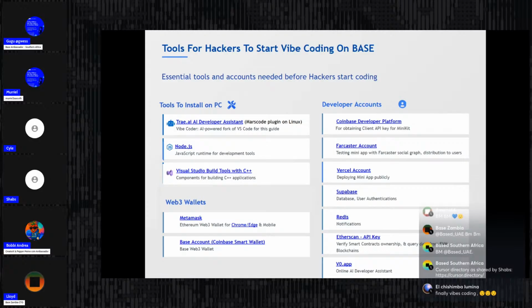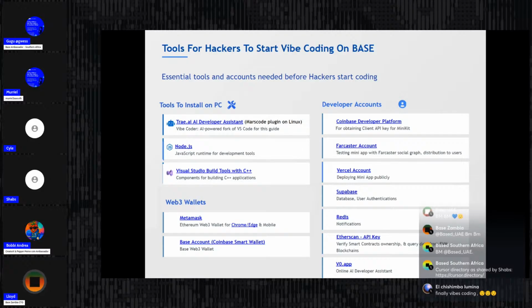We'll also share the link, and you can easily just download the package and install it for your system. But if Mac already comes with it, then you can feel free to skip it and just make sure that the other tools are installed, such as MetaMask and the Coinbase wallet.